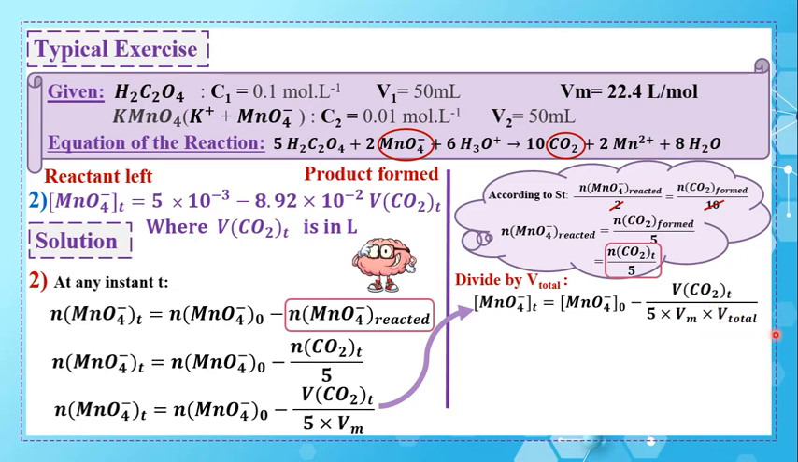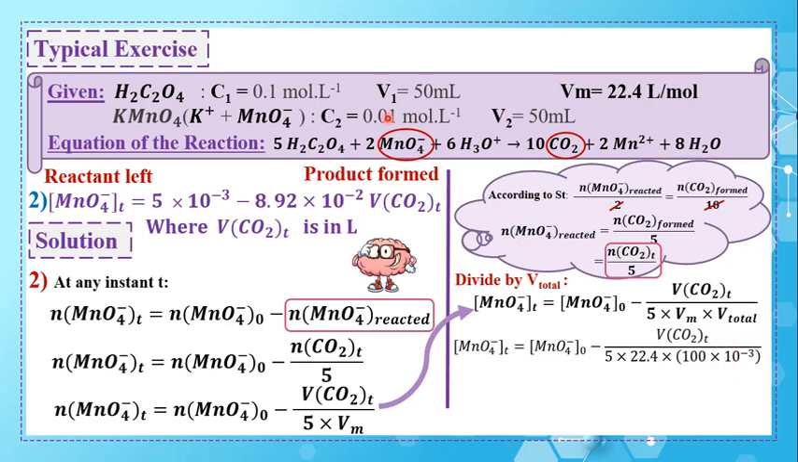Okay, so V total appears here, since I don't have number of mole to have concentration. Now we are going to put the numbers: 5 times V molar, 22.4 liter per mole. Pay attention that V of CO2 is in liter, so I am obliged to put the V total in liter